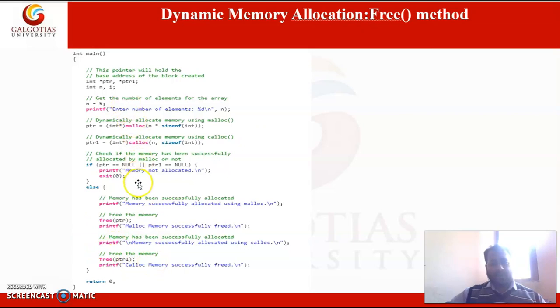So in this way we can use the free method to deallocate the memory blocks allocated to variables. Think about whether it is possible that the free method will return null. Okay, think about that.